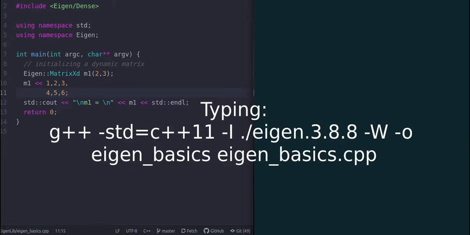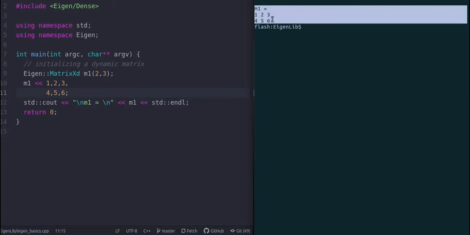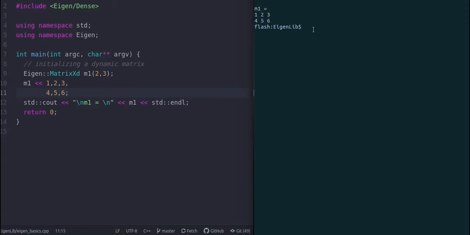So, if we do that, then we see that the matrix M1 is generated and is printed here. Okay. So, we have found out how to describe a matrix and how to print out a matrix so far. Okay. Now, we will see another example where we will be